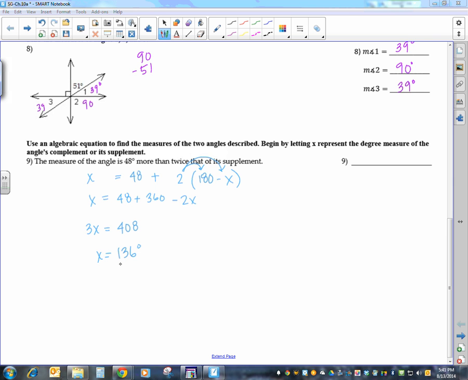So that makes one angle 136, and then I take that back up here, and then I'm going to say 180 minus 136 to get the supplement, which is 43. So my angle will be 136 and 43. Okay, moving along